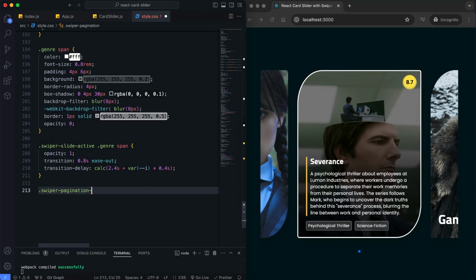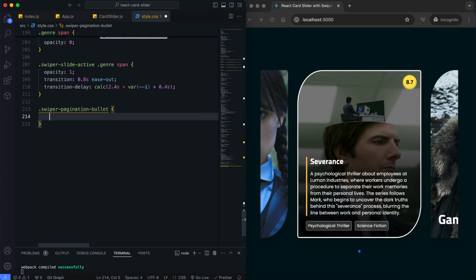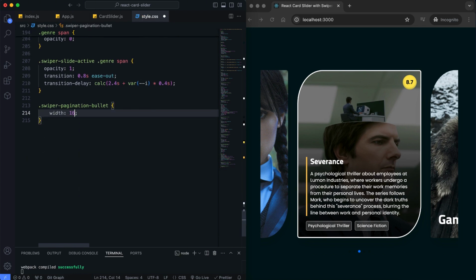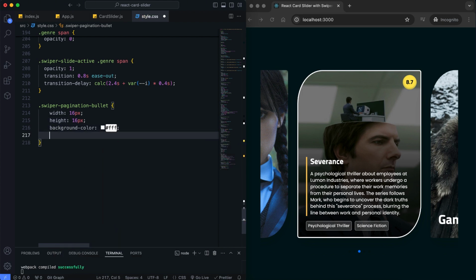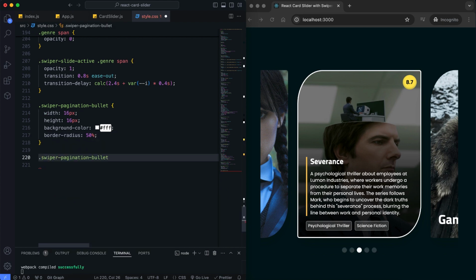We style the pagination bullets, making the active bullet larger and changing its color. In this way, the pagination bullets can be easily visible and user-friendly. When styling the active pagination bullet, we make it visually distinct.